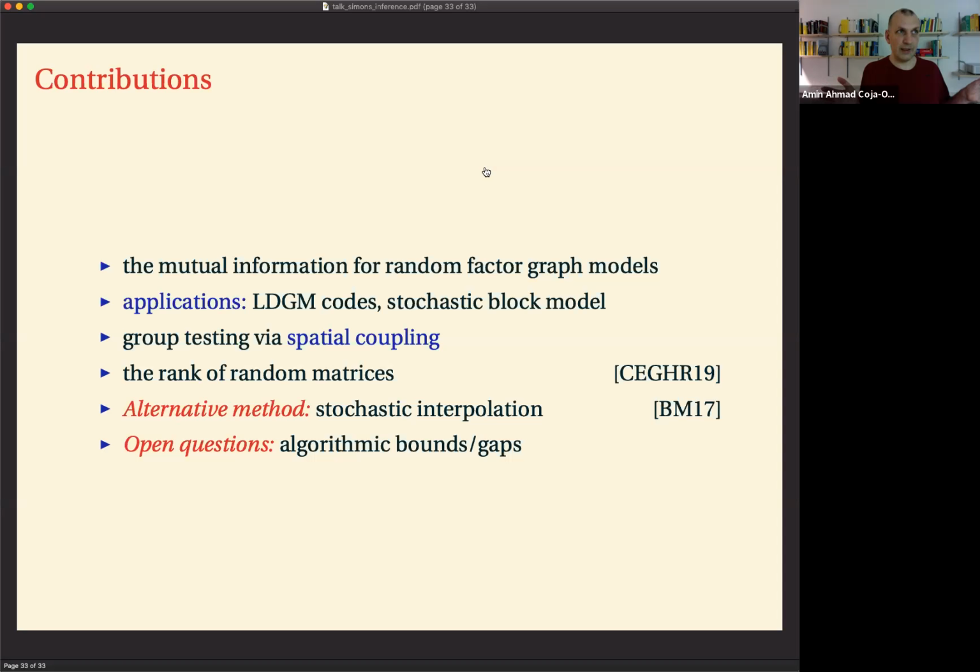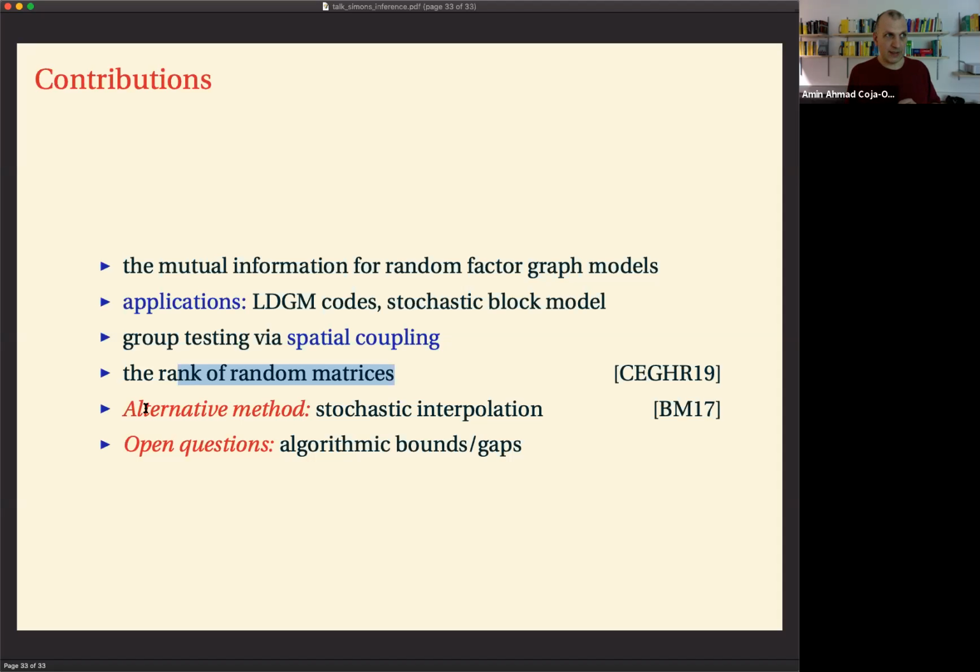It's a short summary. I try to explain or share my thoughts on these inference problems. I hope I didn't overwhelm you with the different models and in particular this abstract model. I think there's a few interesting, potentially even practical applications, like maybe group testing. There's some unexpected applications of these results. Maybe, for example, we can get some results about the rank of random matrices that on the face of the problem don't seem to have anything to do with inference at all.